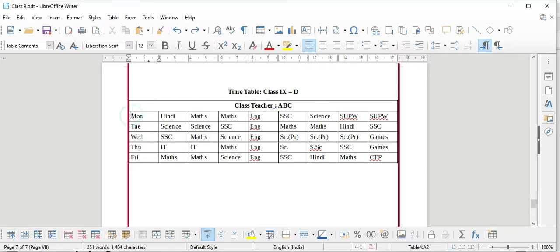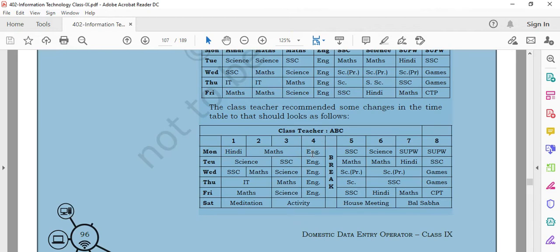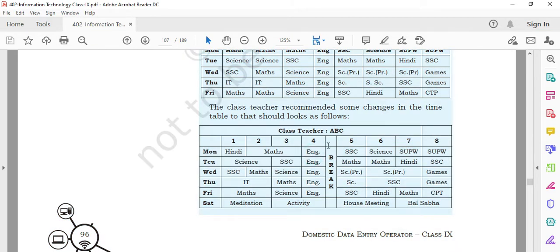When I have selected this row and want a row above it, the table toolbar appears at the bottom. The first option is insert row above. I'll click on that, and one row will be created. In this, they have mentioned 1, 2, 3, and then the fourth period. After the fourth period there is a break time, and then the remaining 4 periods are there.